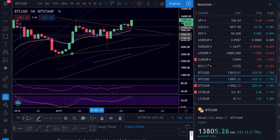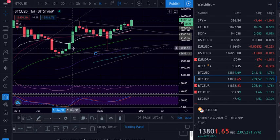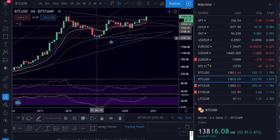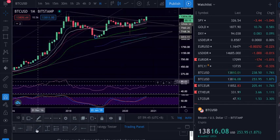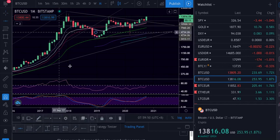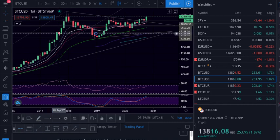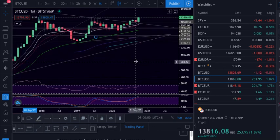But I don't think this one matters, but I'll just put it. And this one was already tested, basically, but you can still test this area here. So this is another important area for market structure. This and the bottom of the range. Okay, so I leave this here, and I'll just put the big